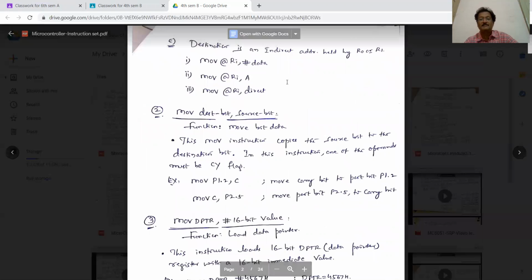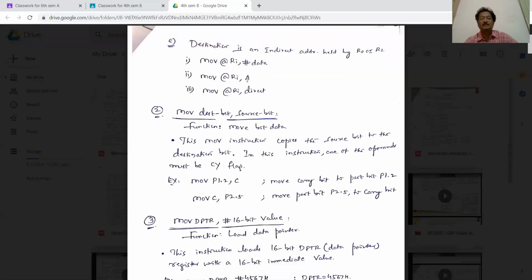Now destination is an indirect address held by R0 or R1. Like if I write move @R1 comma #40, then what happens? 40 will come to the memory location which is pointed by R1. If I write @R1 comma A, content of the accumulator will go to the location which is actually pointed by R1.